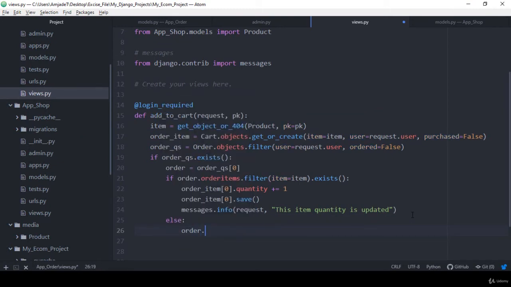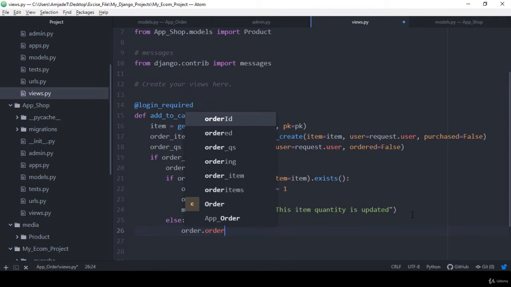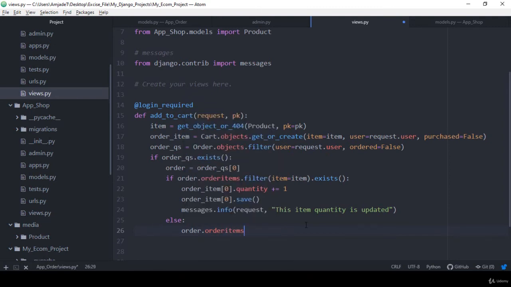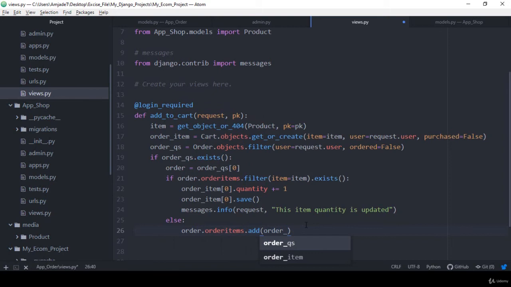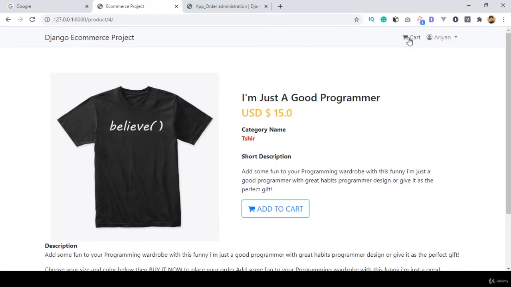So with this order, our order items, and now I want to add it in our order item area. That means our order_item. So into the order item area I want to define that as a 0 value. Okay, right? So if this product already exists in our cart, then only its quantity should be updated,